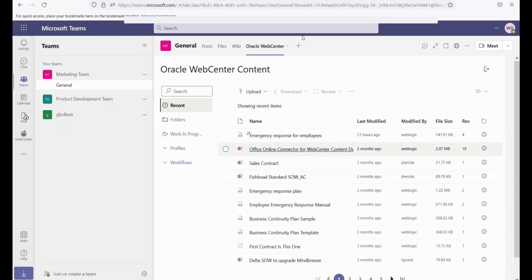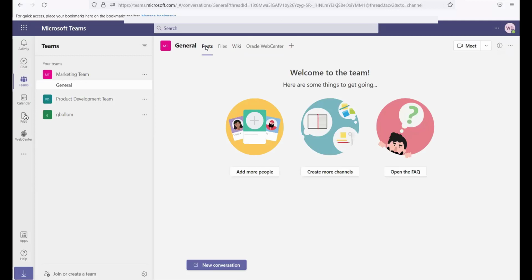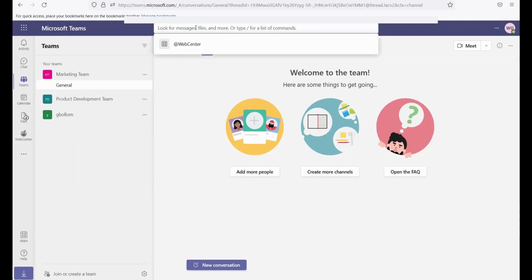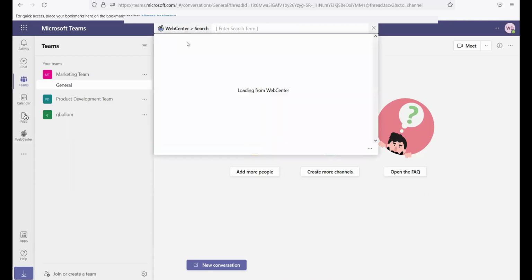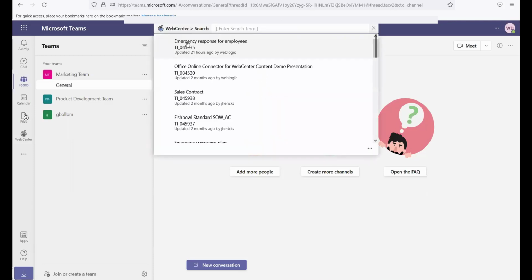The next thing I'm going to show is the messaging extension capabilities. So this is going to be available anywhere within Teams, regardless of whether you're on the WebCenter Files tab or anywhere else. Users would simply select the command bar, type in @WebCenter, select the search action, and that's going to return a list of search results matching whatever search term they put in. If I limit it down,